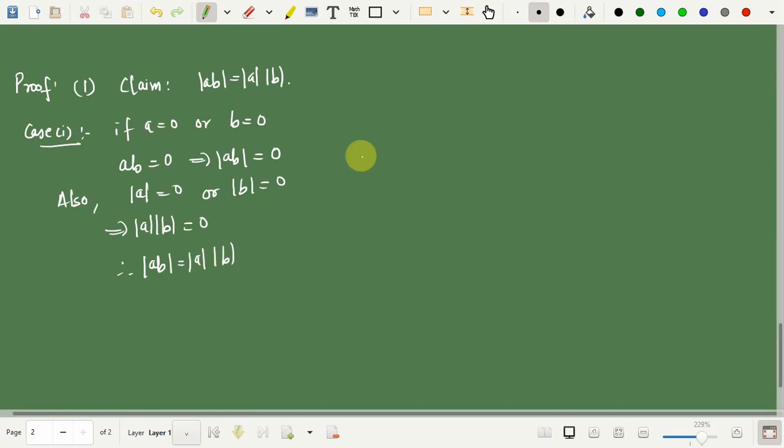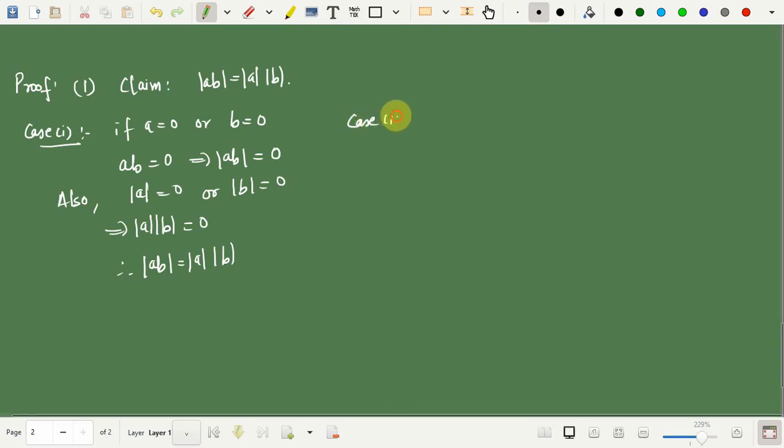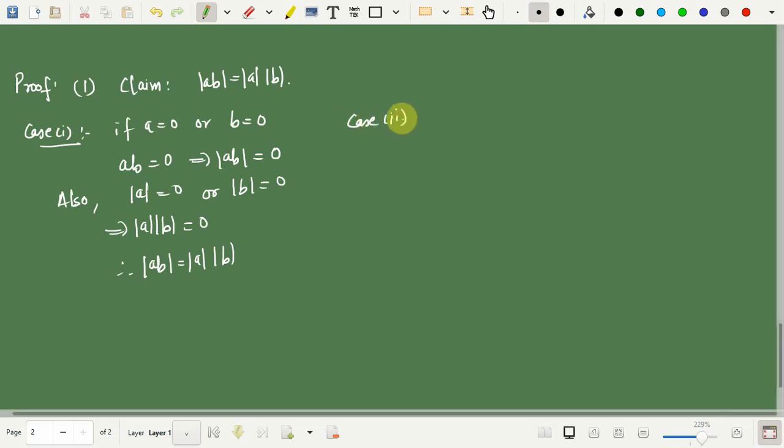In a similar way, we would discuss all the other possible cases. So, we have taken one case, when either of this a or b is 0. So, case 2, all the cases. Now, I would take the case when both a and b are positive. The next case will be when both are negative, and there will be only 2 remaining cases, that one of them is positive and the other one is negative. Now, I will not discuss when one of them is equal to 0 and the other, because that is involved in case 1.